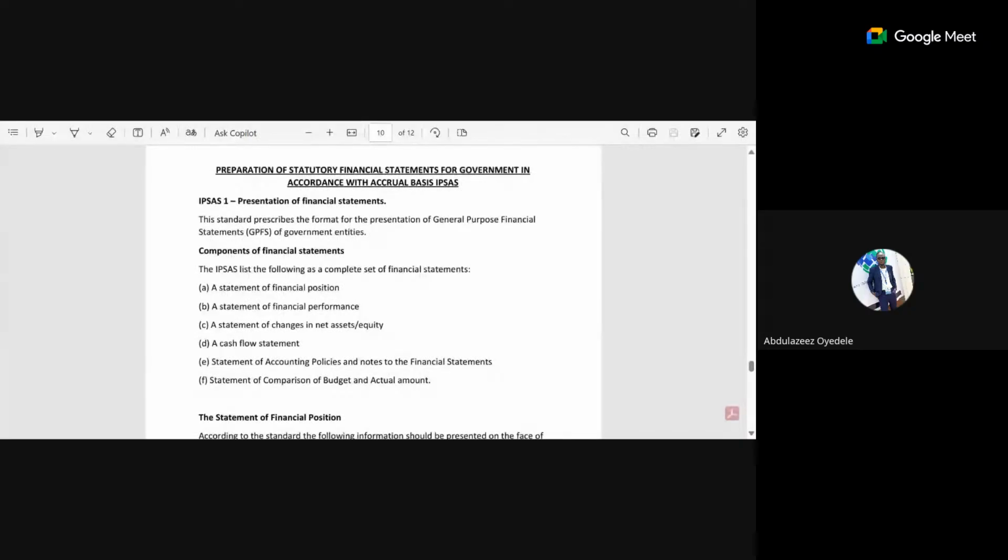So that is the statement of financial performance, revenues and expenditures. Once you know that the only thing I need inside this statement is revenue and expenditure, you don't have a problem. The only thing is that you must know that the revenue and expenditure you are putting in there are those that relate to the period you are preparing for. Okay. Next one, statement of changes in equity.